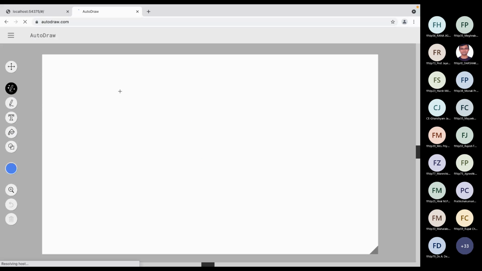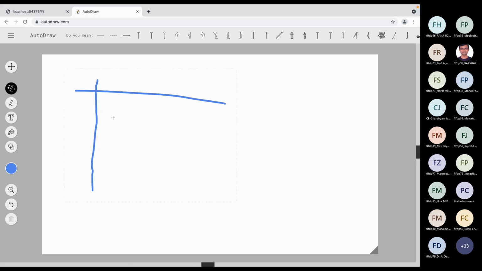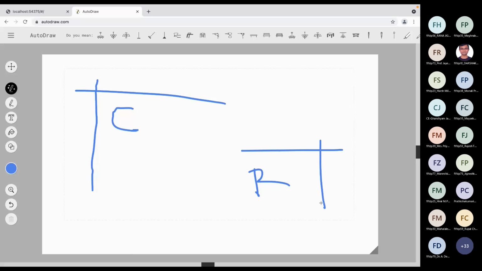So for column, this is the main axis and this is the cross axis. And for row, this is the main axis and this is the cross axis.